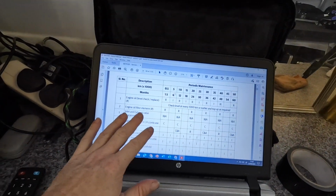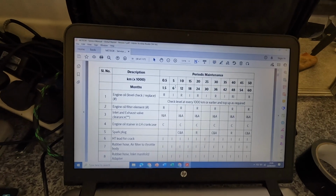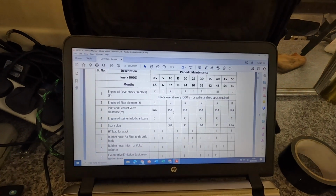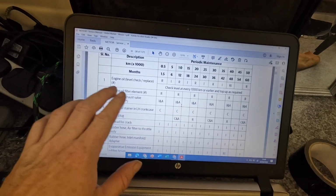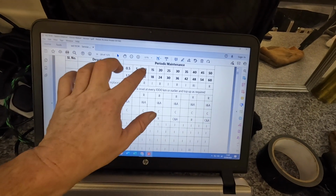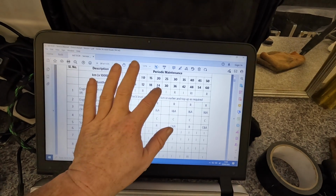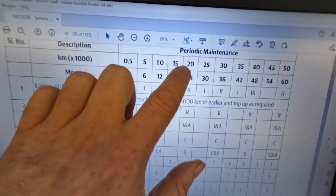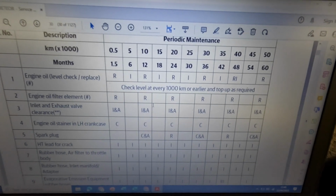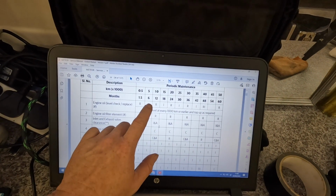If you Google Meteor service manual, there's quite a few places it comes up. This is off a dodgy Russian site. Sorry, Royal Enfield. So there's a whole PDF of how to maintain the bike. And section 3 is periodic maintenance. I think what we're going to do is the 10,000 kilometre, because it has done 8,000 miles, which is about 10,000 kilometres, well, a bit more, or 12-month service, which is basically the same, although it is 24 months old, and the 20,000 kilometre service is basically the same as the 10,000 kilometre. So either way, we're going to do the 10,000 kilometre 12-month service, which is, as you'd expect, check and replace,